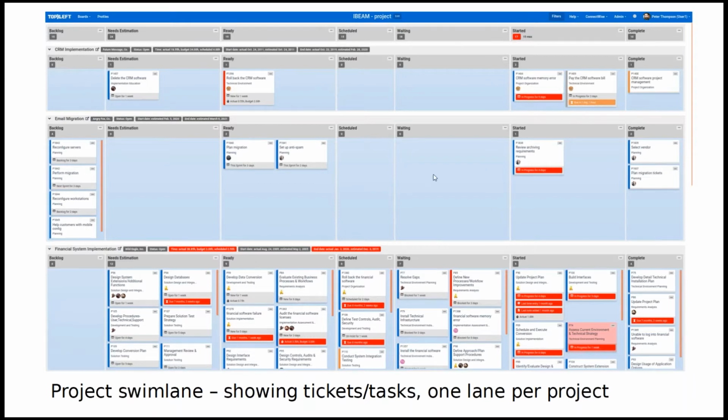It makes it very easy to see at a glance a lot of information about what's going on with your projects, which specific tasks are started or waiting or scheduled or whatever. Same with your service work, but you see it exactly by your project, which is really useful, especially if you're in a smaller team where you're covering multiple roles. You're both doing service stuff and you're doing project stuff. It's going to really make a lot of your work a lot easier.